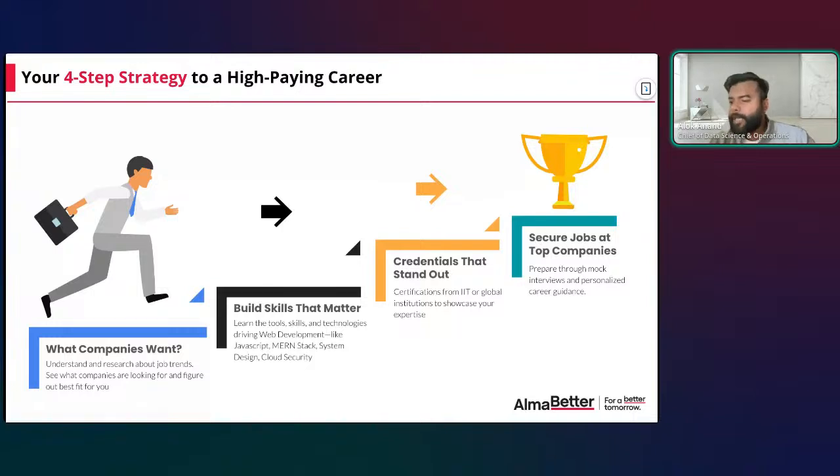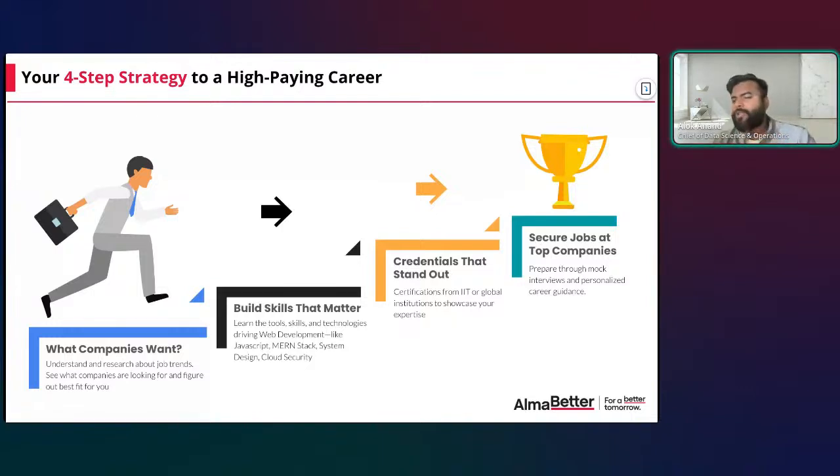And overall, how much time will it take? More or less it takes 6 to 8 months to get yourself comfortable. If you are from a non-IT background, starting from zero, then it will take 8 months. Otherwise, if you know a bit of tech, even if you are from the non-coding side but you are part of a tech team, then you also get comfortable in understanding the nuances. It takes around 6 to 7 months to complete it. I'm not just talking about our program, but in general also, if you want to do it in the right manner, it will take 6 to 7 months.